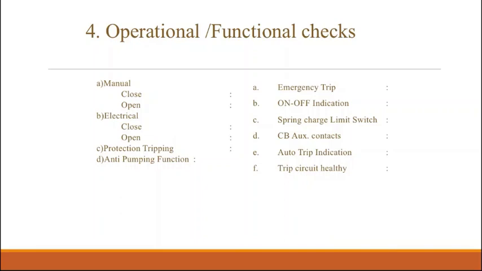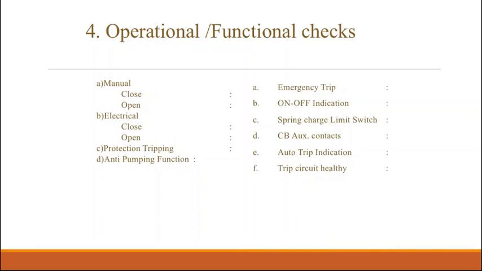And here the CB auxiliary contacts. Each CB has multiple NO contacts and NC contacts, for the open status and closed status. These statuses are taken for SCADA purpose, protection purpose, and interlocking purpose. We have to check all NO and NC contacts, whether they are changing when the breaker is in closed condition. Those things we have to verify.